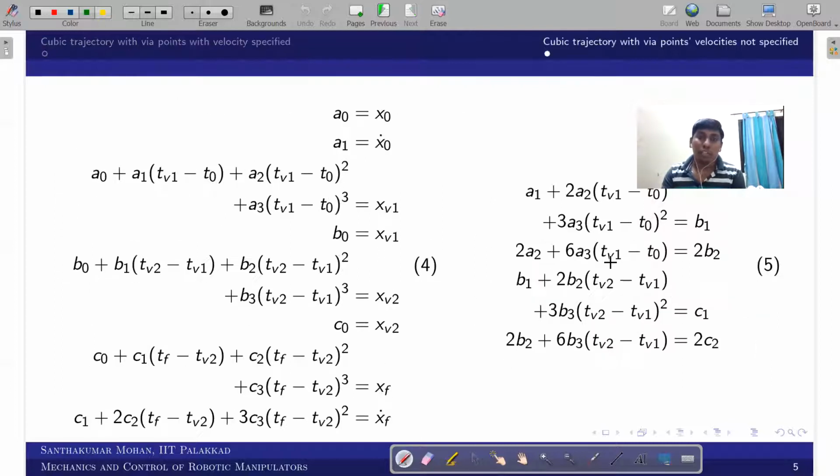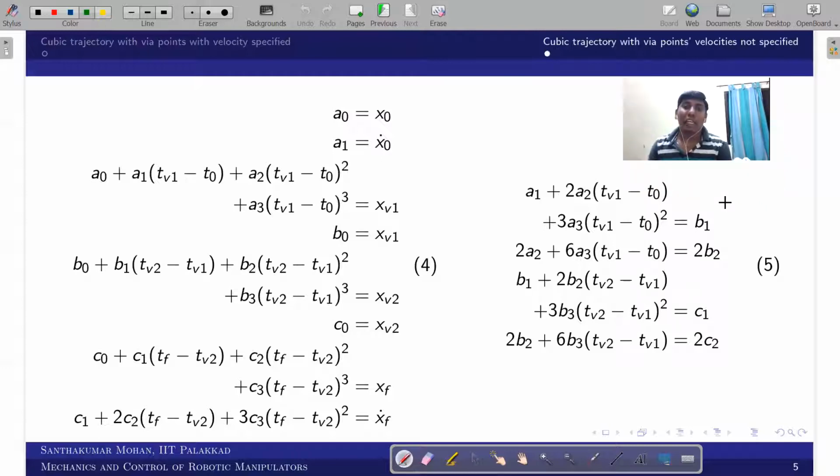The second case is slightly different. For example, if I take two via points, a0 is x naught and a1 is x dot naught, and we assume it this way. The first segment's final position would be the via point we have given, xv1, and the second segment's initial point is also the same.